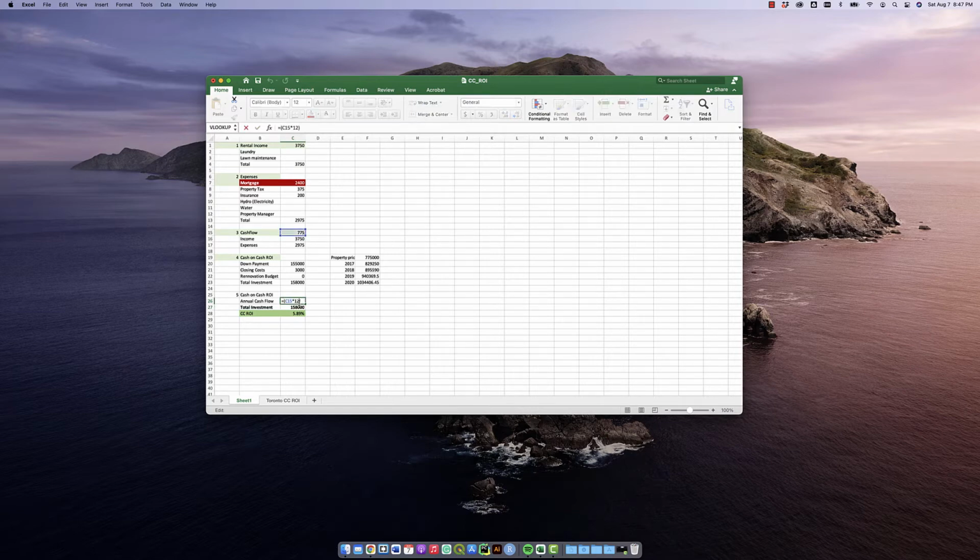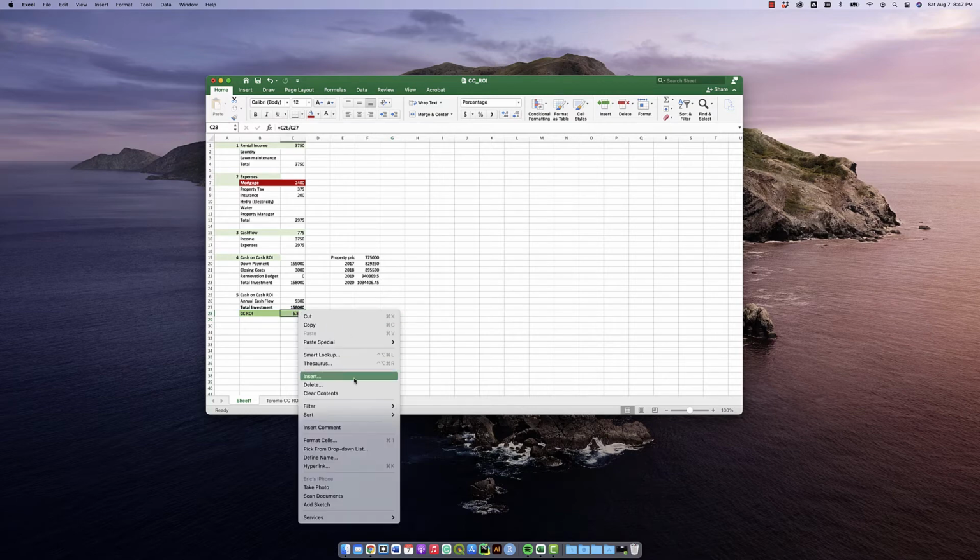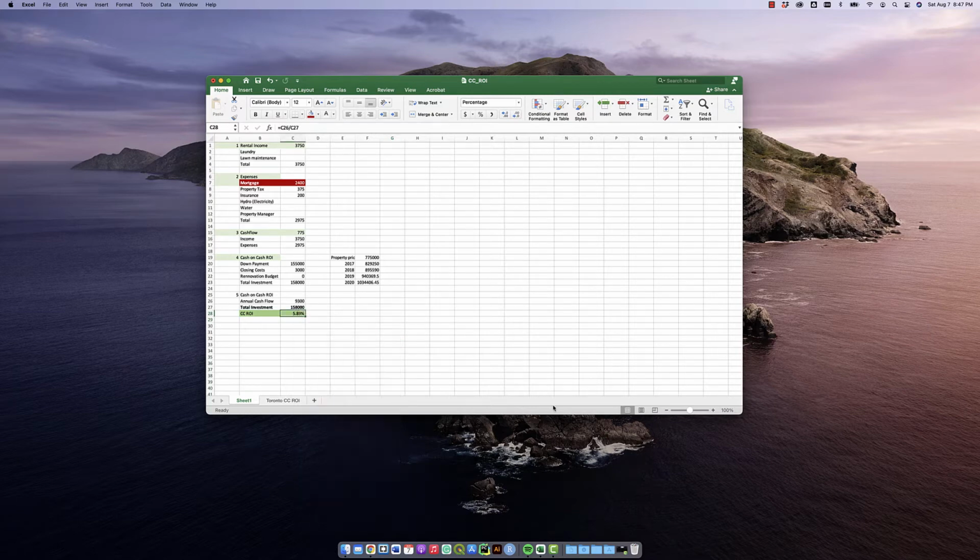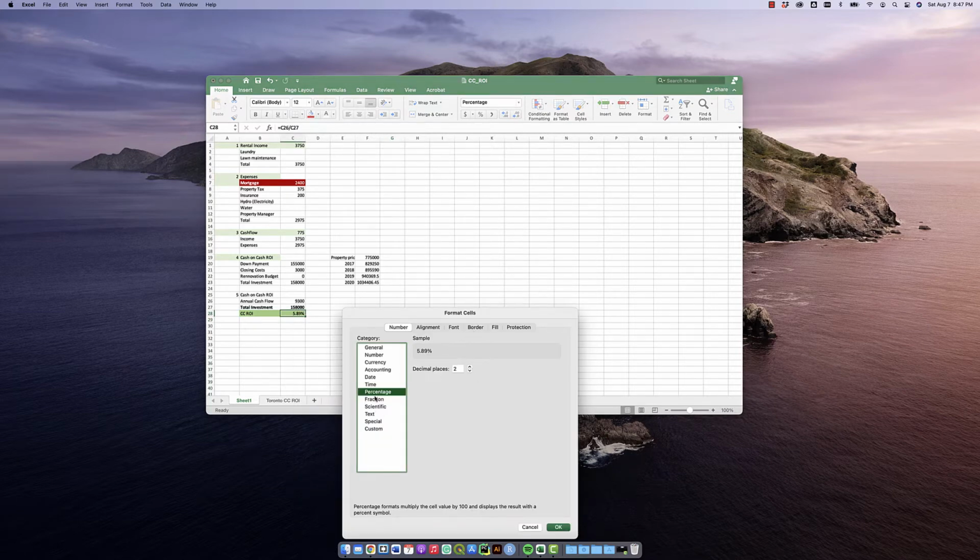The annual cash flow is $775, which is a result of your income, $3,750, minus the expenses you have. Cash on cash return on investment is 5.89%, which is marginally 6%, so let's just round it up,